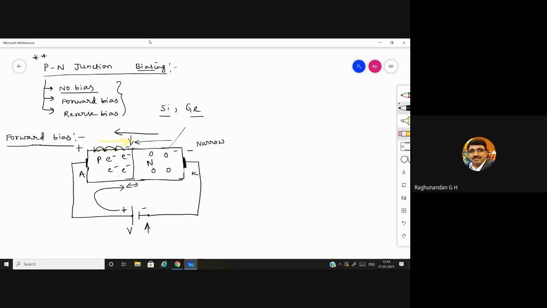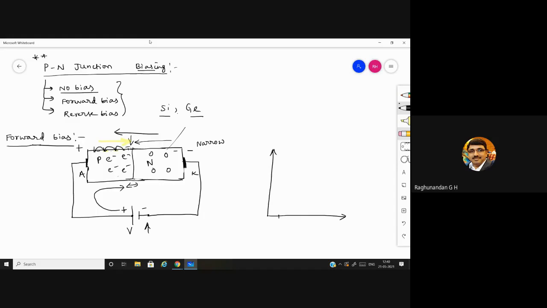When the input voltage is greater than the barrier voltage, during that time, the depletion region starts decreasing. Because of that, the electrons and holes start flowing across the junction. When more and more voltage is applied from the battery, the depletion layer becomes narrow and there will be easy flow of charges. This is represented by the VI characteristics. See, whenever they ask you to explain the working, this is a must you should have.